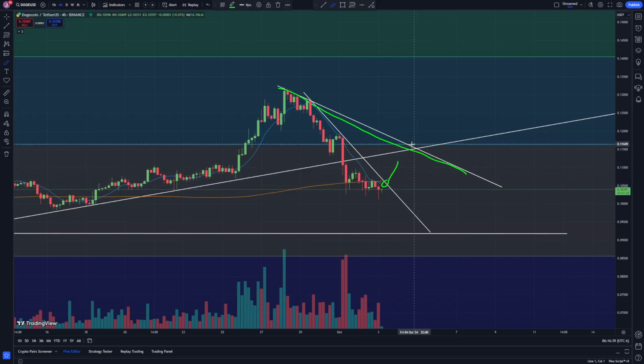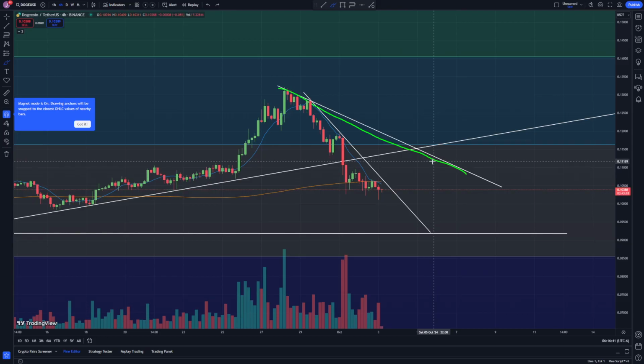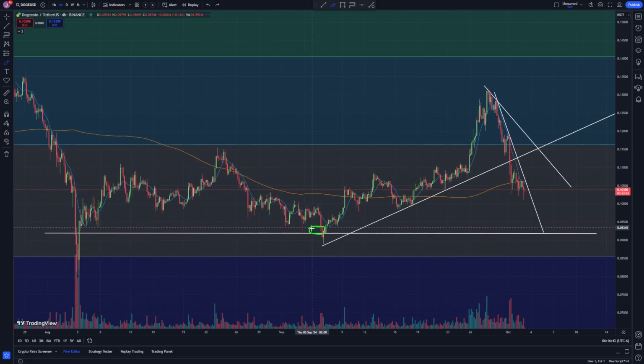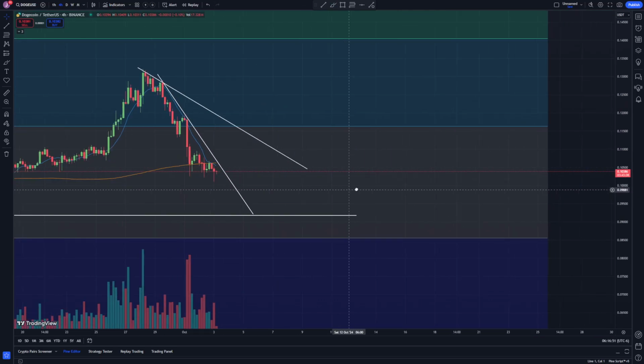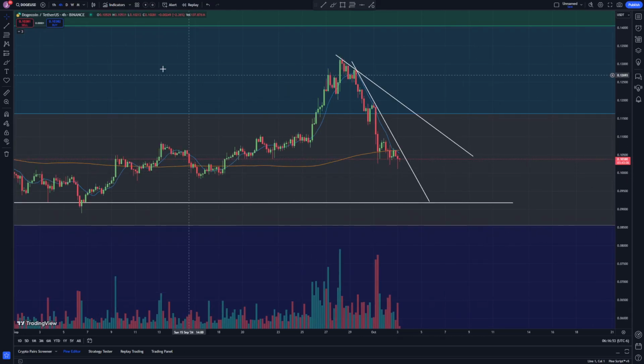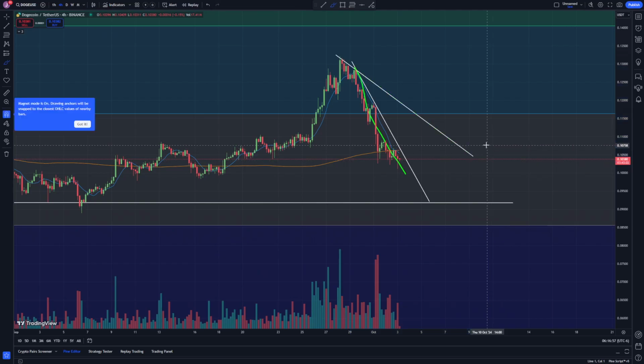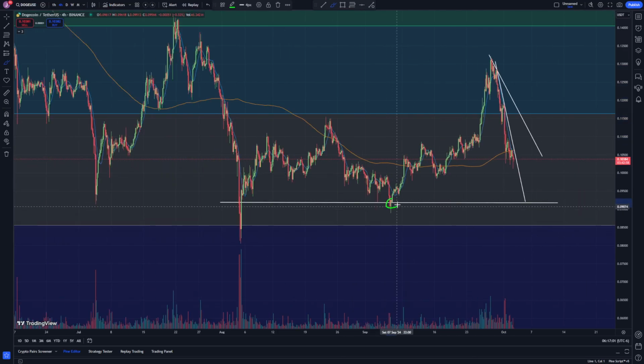If we break through this, this is another spot that I'd be looking at to give us some trouble. We could probably go ahead and delete that uptrend that we were on that we broke. Let's go ahead and delete this one right here just to give us a little cleaner chart. So yeah, those are the main two things that I'm watching, this downtrend and this one, and this previous support right here sitting at around